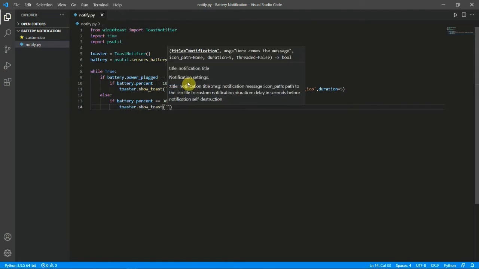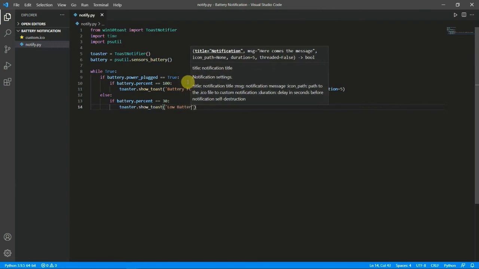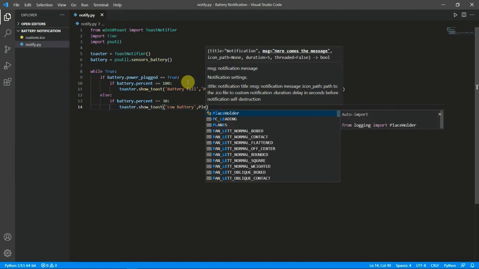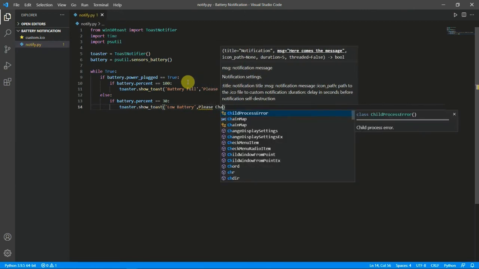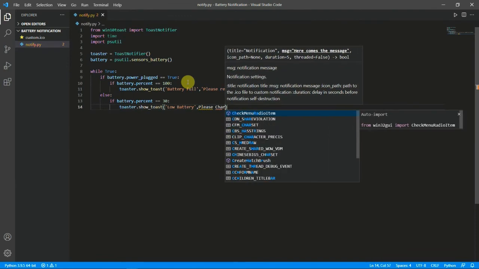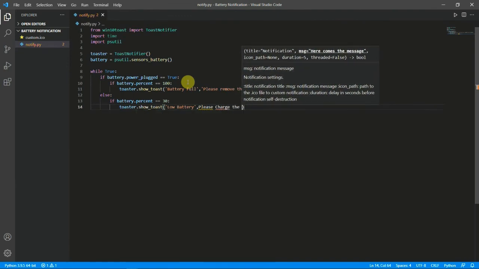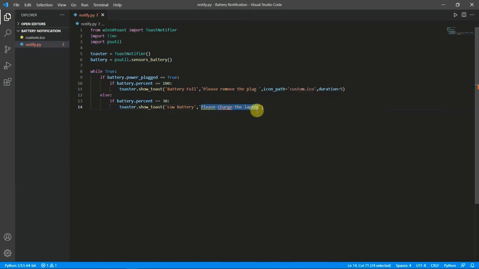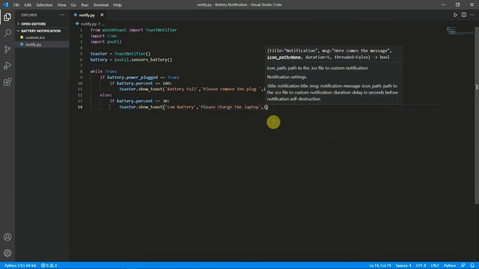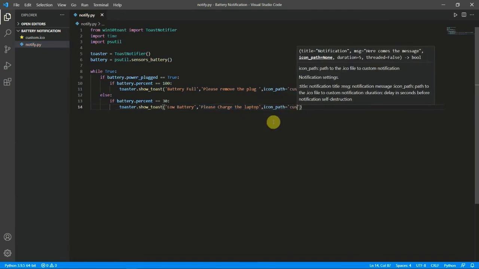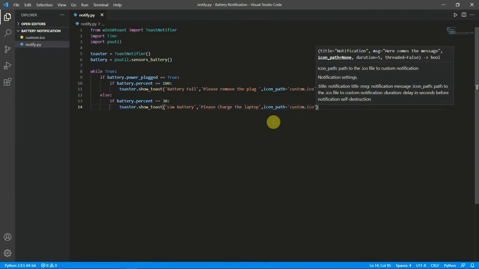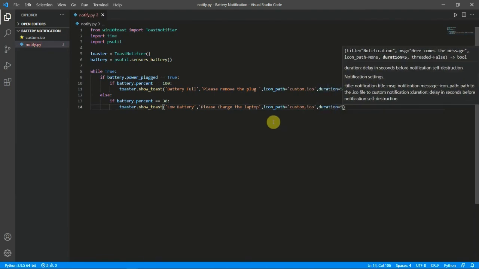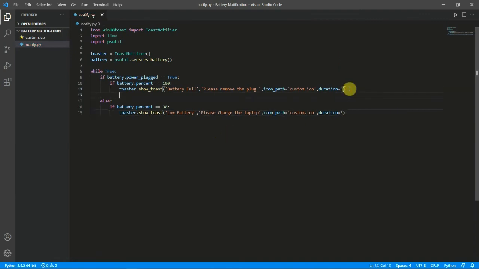We will tell battery, and the title we will give please charge the laptop. So this must be in the single quotation, and then I will give the icon path. Then I will give duration as same 5 seconds, and then after this we will have to give some time